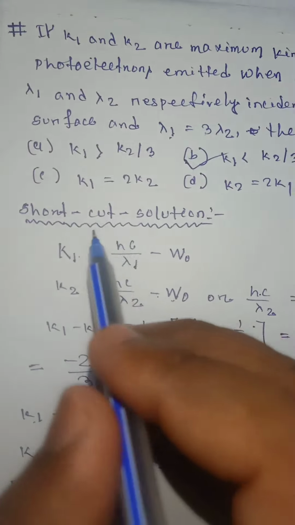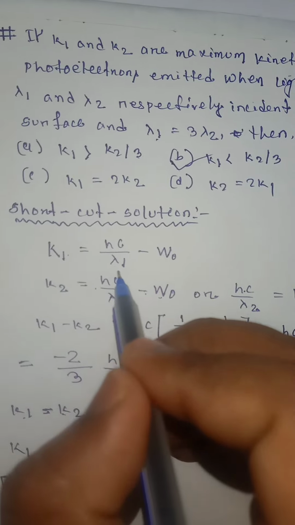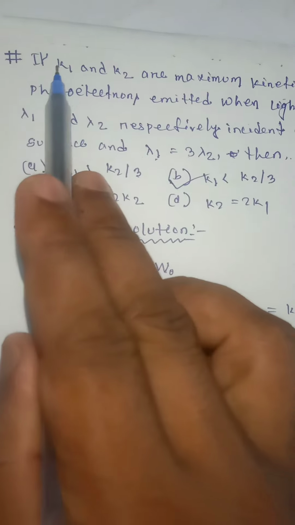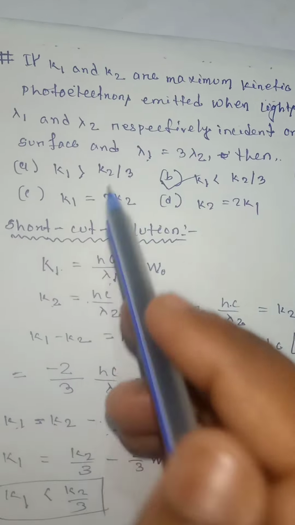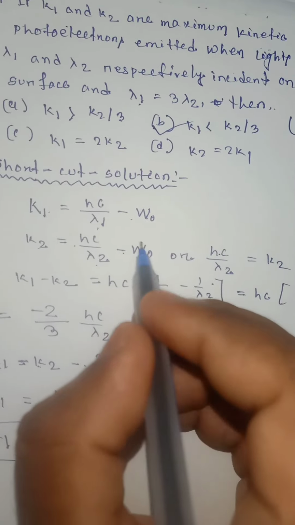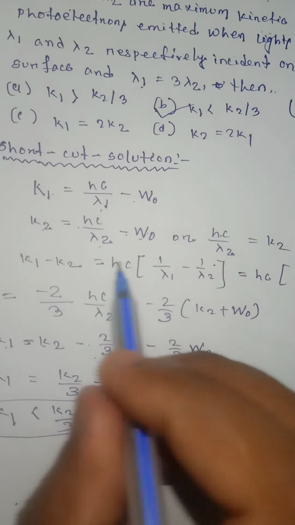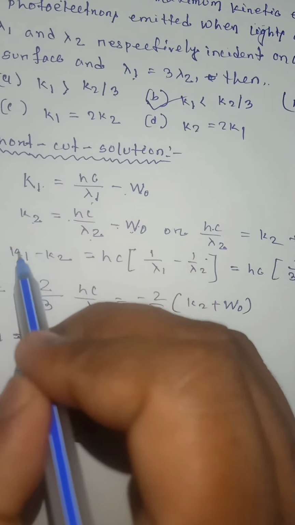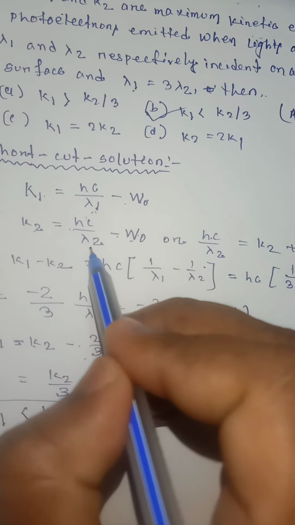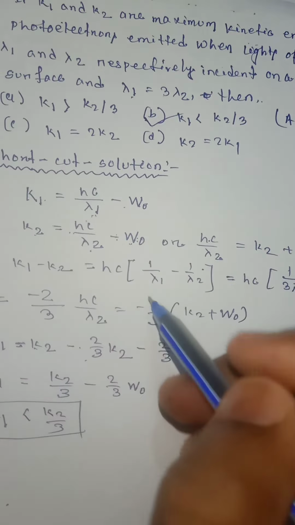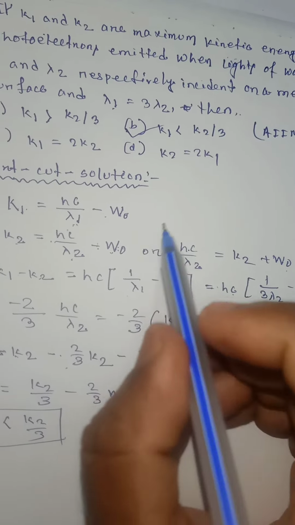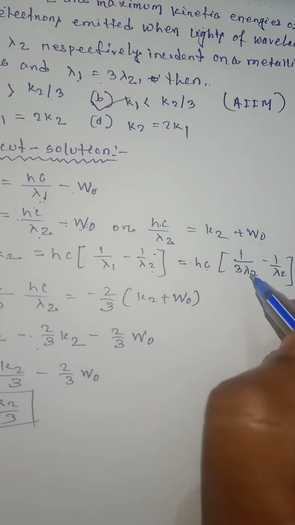K1 is hc by lambda 1 minus work function, and similarly K2 is hc by lambda 2 minus work function, which gives K2 plus work function on the other side. The difference K1 minus K2 is hc times (1 by lambda 1 minus 1 by lambda 2), and the work function cancels. Putting lambda 1 as 3 times lambda 2,